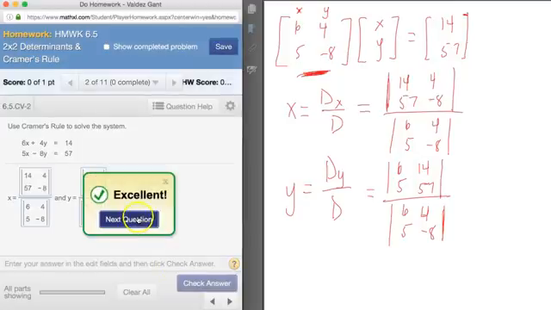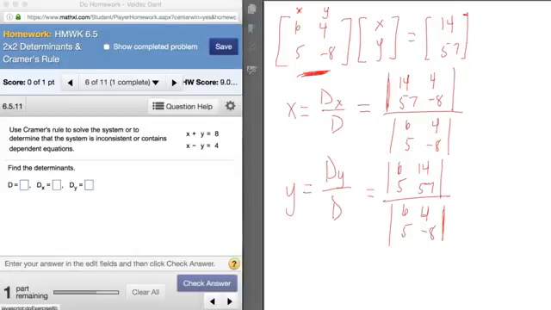Okay, so now we'll move on to our next question. All right, so now for our next question, we want to use Cramer's rule to solve the system, or to determine that the system is inconsistent or contains dependent equations. And of course, now what that means is if the system has solutions, then we're going to find values for